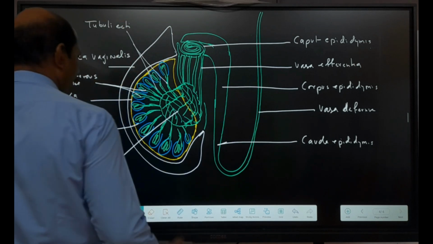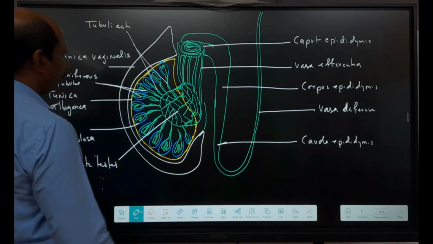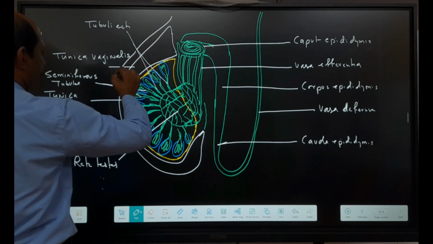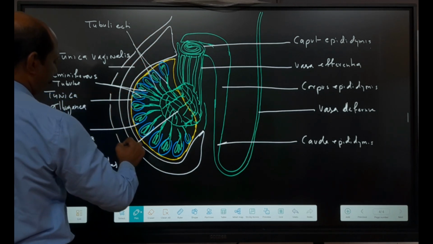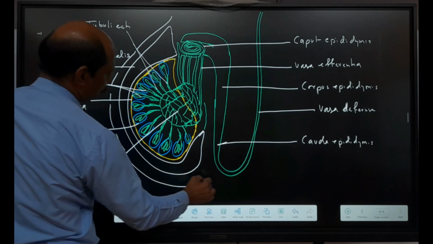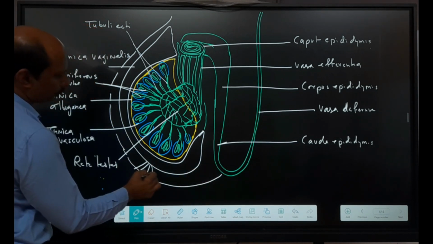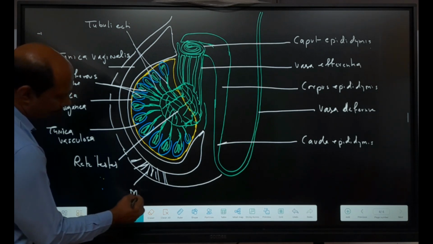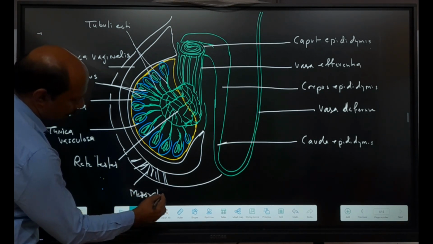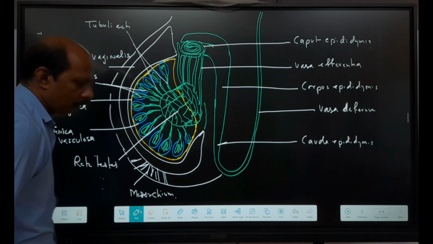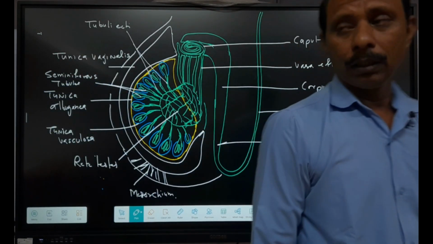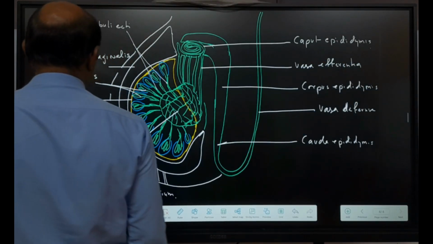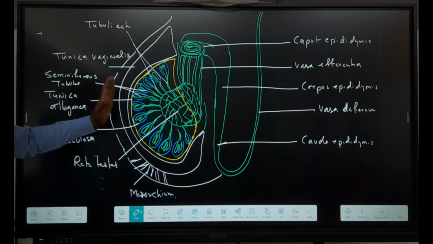Right? So these are the different parts of our testis, right? Here is the scrotum, this is the layer of the scrotum. This one is the scrotum, and it is also attached with muscles, right? And these muscles, I already told you, are the mesorchium, right? Mesorchium of gubernaculum, right? So this is the structure of a testis, in which you can easily see the three layers of the testis